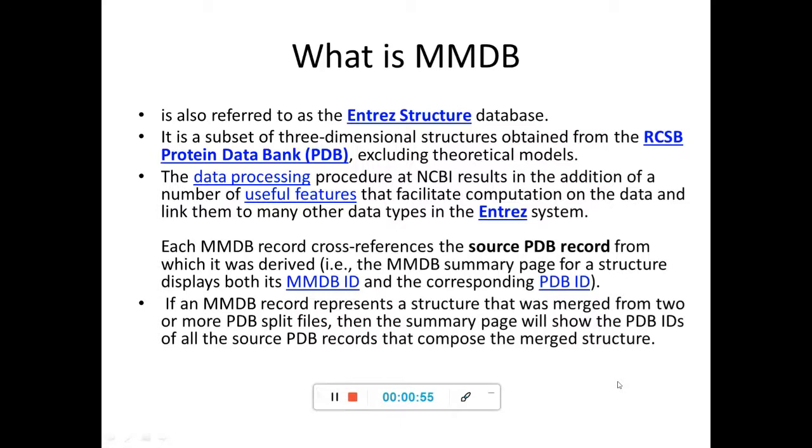In the Protein Data Bank, we saw the 3D structures. So, a subset of these 3D structures is available at the MMDB also, and the data processing procedure at the NCBI results in the addition of a number of useful features that facilitate the computation of the data and link them to many other data types in the Entrez system.